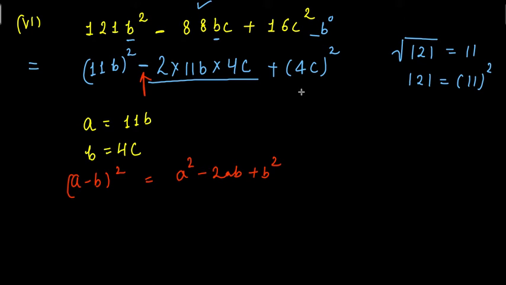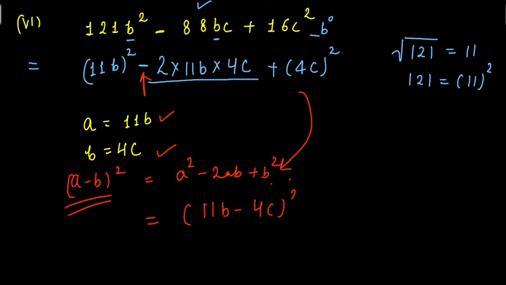So you see my expression is in the form of a square minus 2ab plus b square. So I can write it in the form of (a minus b) whole square. So my factors will be, I have already taken a and b values, (11b minus 4c) whole square, right? Now if you want to write the factors, just expand it twice, because the power is square. 11b minus 4c are the two factors of the given algebraic expression. Okay, so this method is very easy, very interesting. I hope till this question it is almost clear.